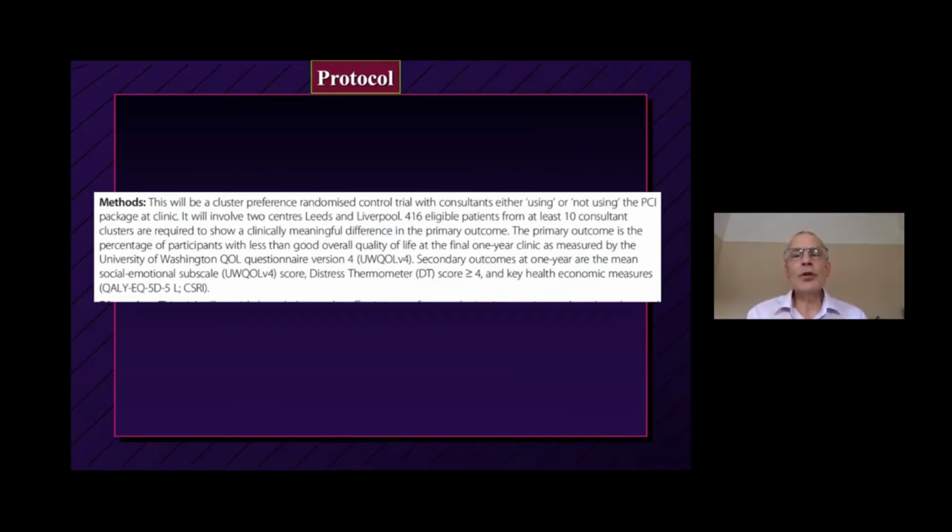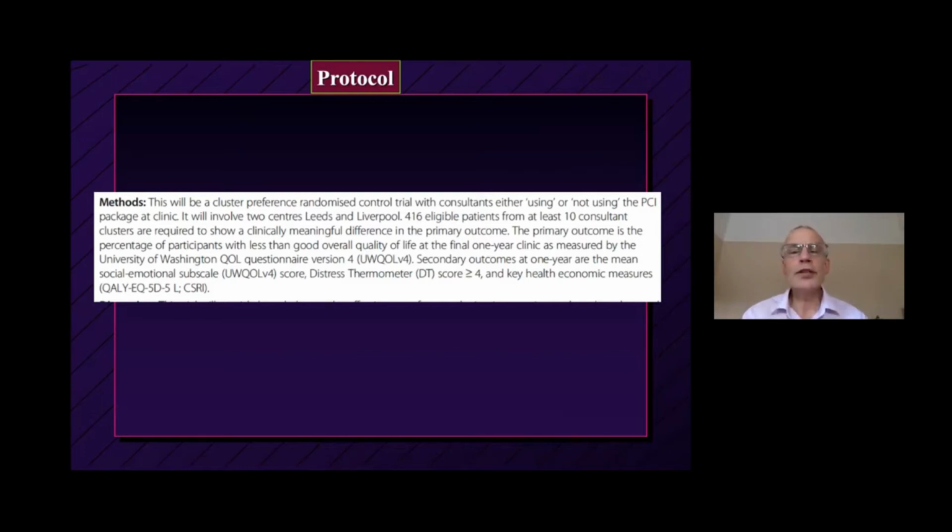And the intention was to aim for 416 patients across 10 consultants. The primary outcome was the percentage of patients with less than good overall quality of life at the 1-year time point, as measured by the University of Washington. And then the secondary outcomes at 1 year were the socio-emotional subscale of the University of Washington, the distress thermometer,